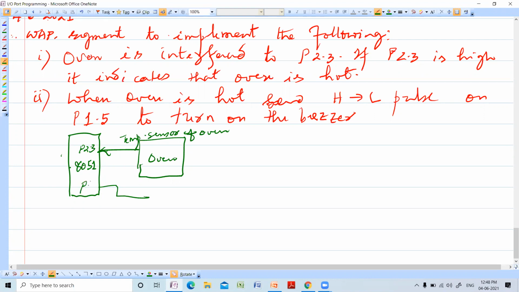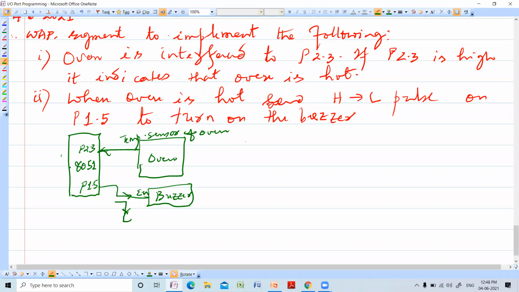Similarly, P1.5 is connected to a buzzer, the enable pin of the buzzer. This wants a high to low pulse to turn on. So this is the concept.